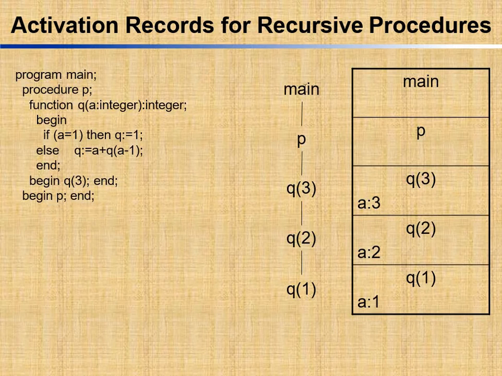So we can see here in the main function we have one procedure P, and we come out. Like this manner we can show this activation tree: the main function and the P procedure are there. Inside that we are calling Q, and based on this we check whether A equals 1. If this condition is true, then we go this way, and if it is false, then again we call and add. Like this we have shown this with the help of an activation record also.